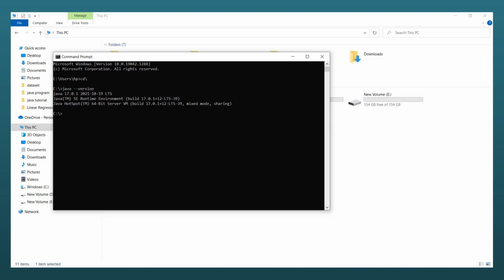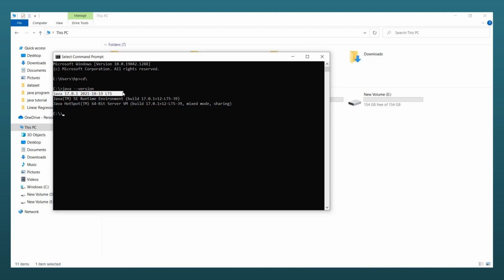I typed java --version, and we got Java 17.0.1. In this way we downloaded Java 17 from the Java official site, and after that we installed it.